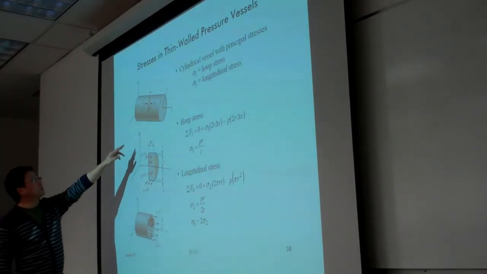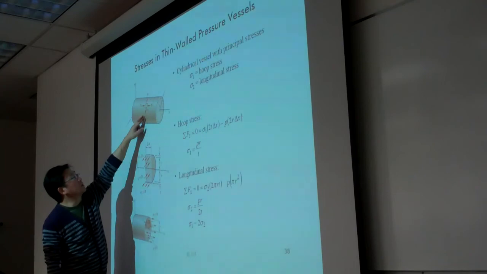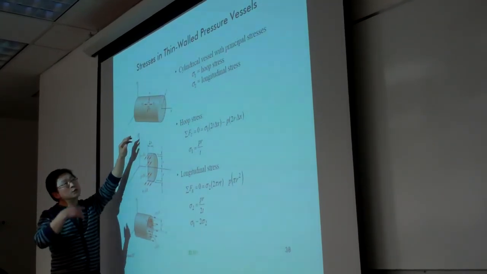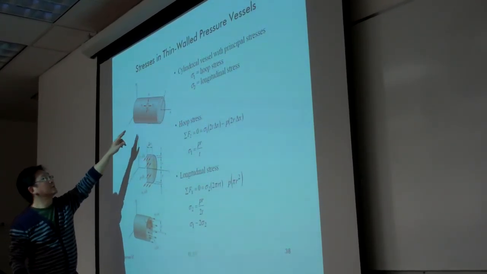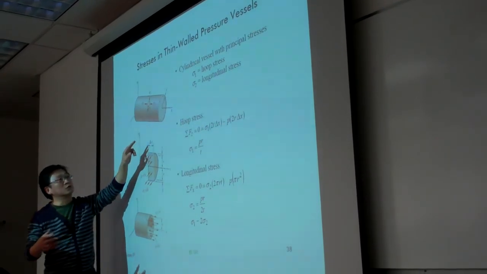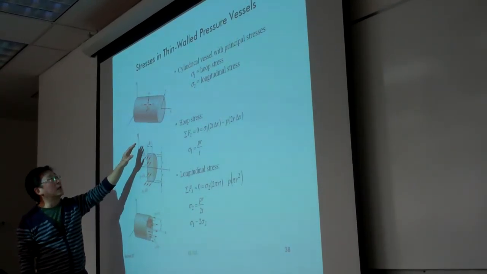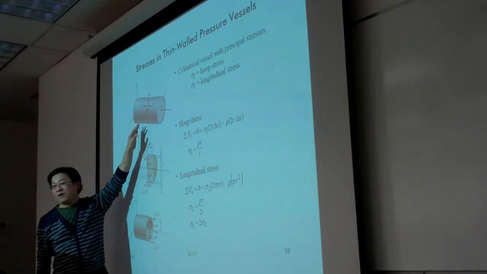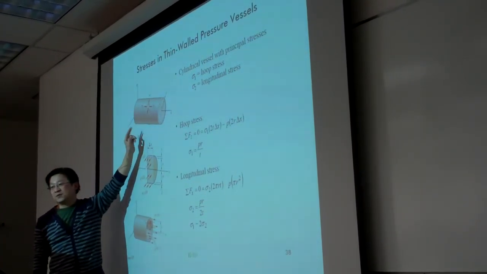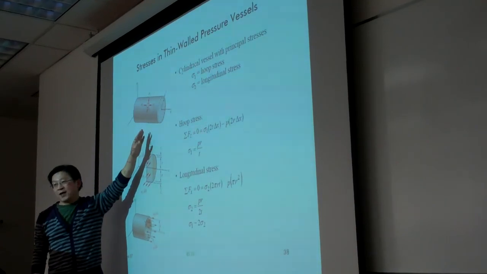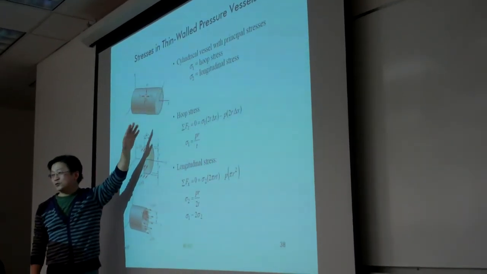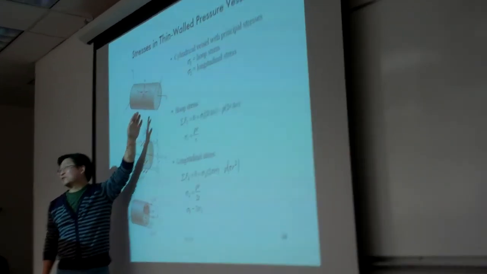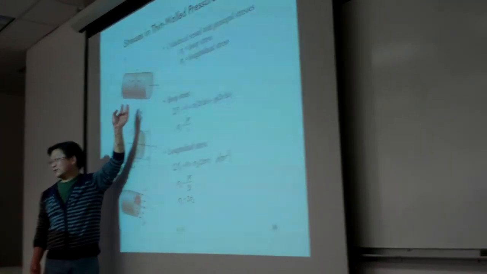For example, here we assume sigma 1 is what we call the hoop stress. Sigma 2 is called the longitudinal stress. And on the cheat sheet, I only provide you the equations in terms of sigma 1 and sigma 2, and I didn't tell which one is which. Sometimes I myself forget which one